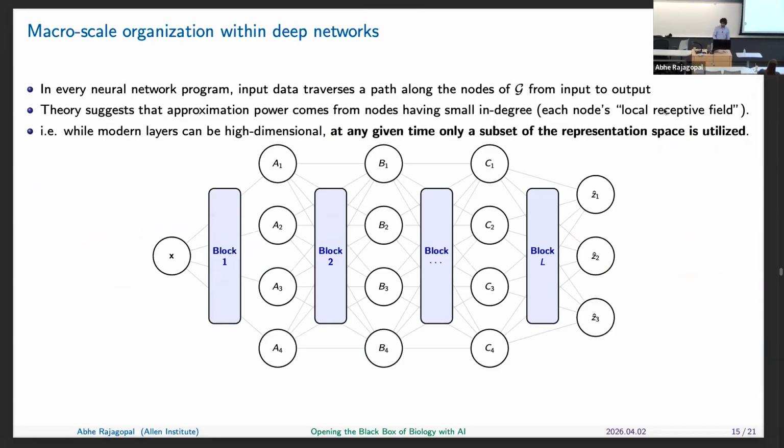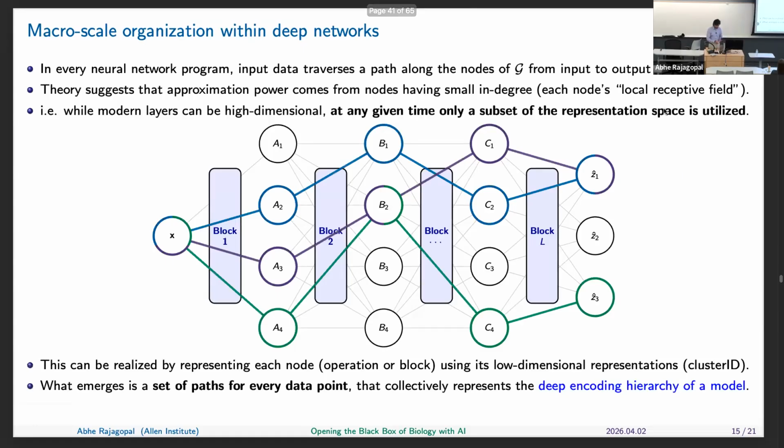The idea is that I'm going to zoom out and think about how a network is working in general. We have the DAG of the actual model and we can flow data through it. But as we saw in the low dimensional representations that are specific to individual classes, for example the ResNet classes, and you can cluster on any number of classes like Gleason grade and so on, at any given time only a portion of the representation space is being utilized.